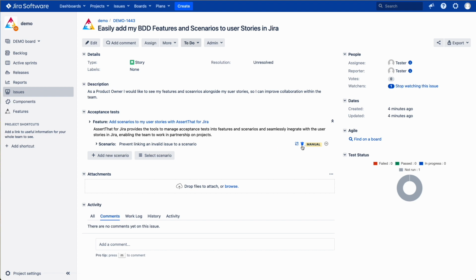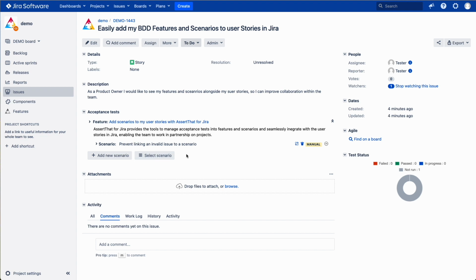You'll notice here that you've got the option to unlink the scenario or to delete it. You get the option to delete the scenario only if you've created it on this page. If you wanted to delete another scenario, you'd have to do that via the features menu here. Other things that we can do here is we can set the mode to either manual or automated. And this is key for when you're downloading your scenarios to your test automation frameworks.